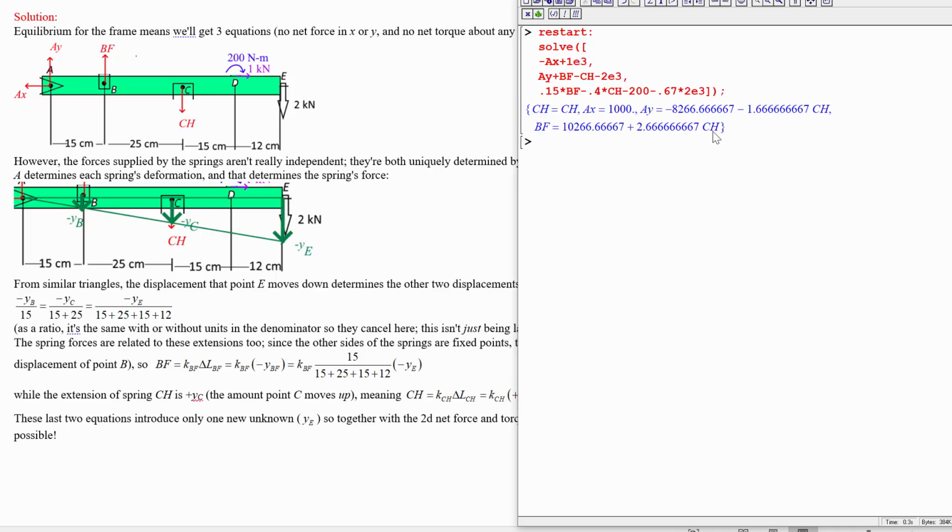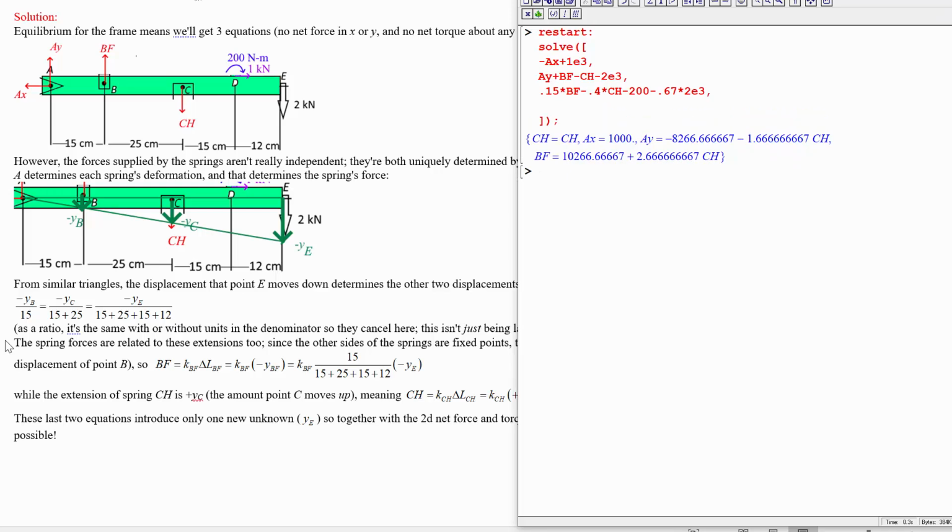If you just try to solve this, we're going to get something from Maple saying we can't find all of them. We can only find some of them, like AX is uniquely determined. But the other ones you can only find in terms of one of the other parameters. So not knowing what CH is, we can't solve this thing totally. And how we resolve it is by putting in those 2 new equations that introduce only one new variable,